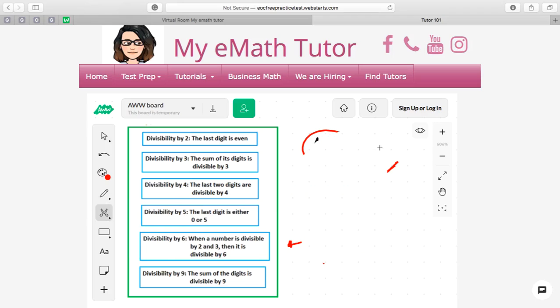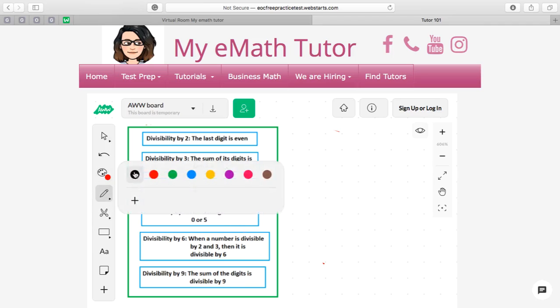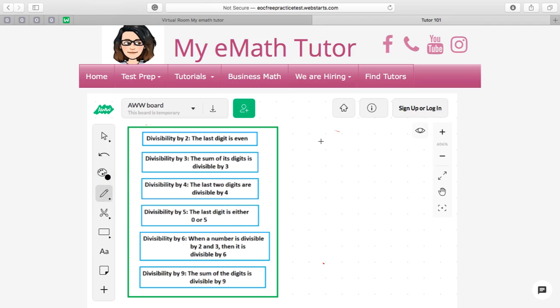Now, let's say that you have a number. The reason why divisibility rules are so important, because let's say that you have a number like, for example, 111, and they ask you, is this a composite or a prime number? If it's not prime, it has to be composite. So a prime number, let's remember what a prime number is. It's a number that is only divisible by itself or 1. So for example, the number 2, the number 3, these are prime numbers, the number 5, 7, 11, 13,